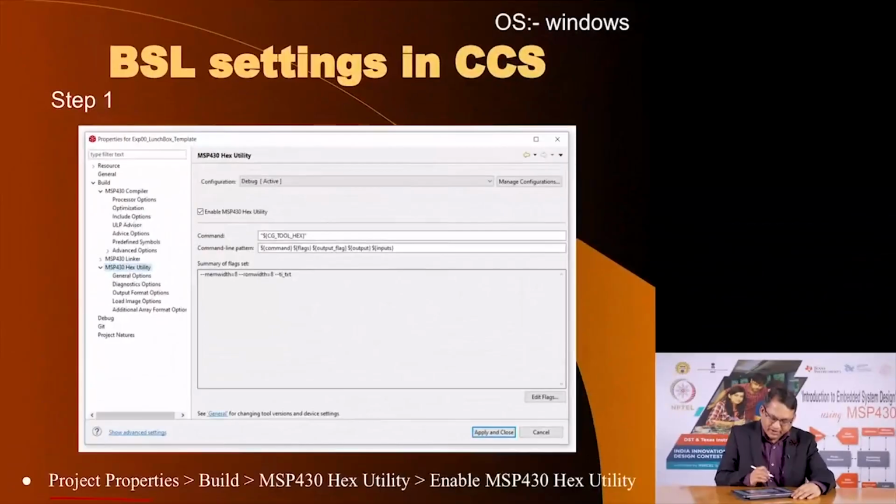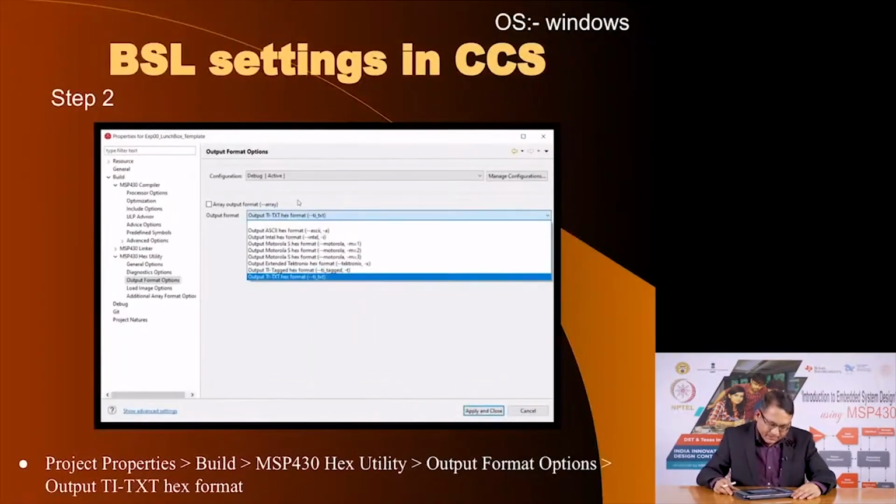And so, for that we have to tell it our way of transferring the object code from this CCS compiler into the microcontroller memory. Since we are going to use the bootstrap loader, we need to instruct the CCS that this is our preferred method, and for that you go to project properties. There you would see a tab, Build. In that you select MSP430 Hex Utilities and you say Enable MSP430 Hex Utility. Then you press Apply and Close, and then you do the second step where you again go to project properties,